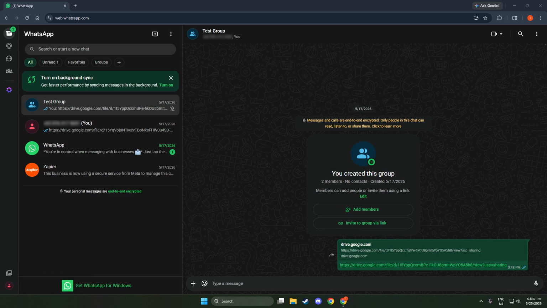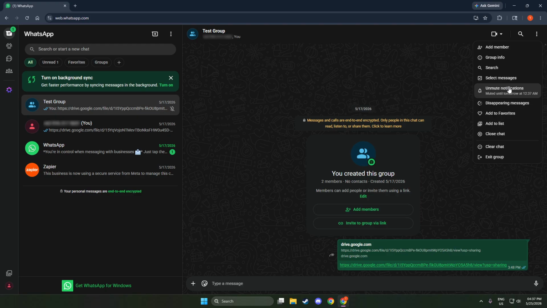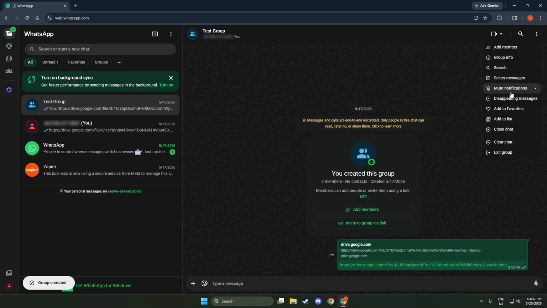Muted groups still receive messages, and you'll see them when you open WhatsApp. Depending on your phone's settings, you may still see a badge count on the app icon. Also, if someone mentions you directly using the @ symbol or replies to one of your messages, WhatsApp can still alert you so you don't miss something meant specifically for you. You can adjust this at any time by returning to the same place and choosing a different duration. It's flexible, and your choice takes effect immediately.